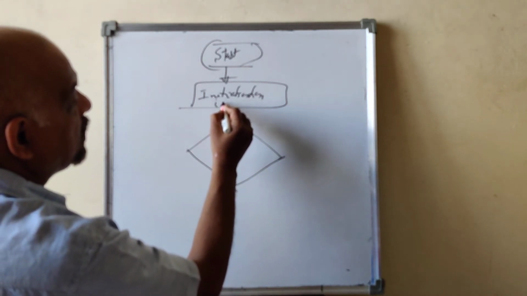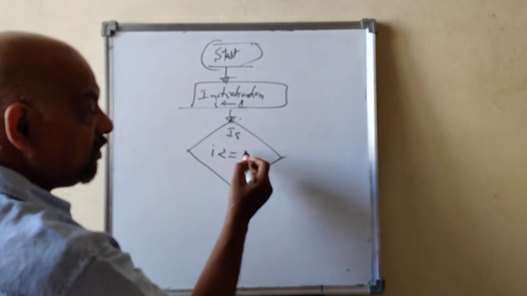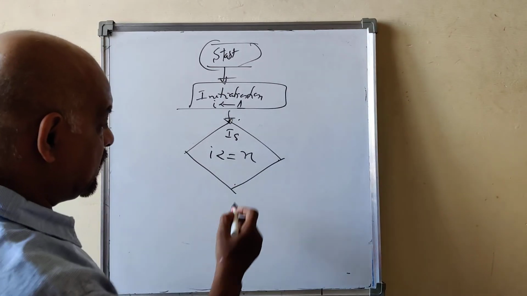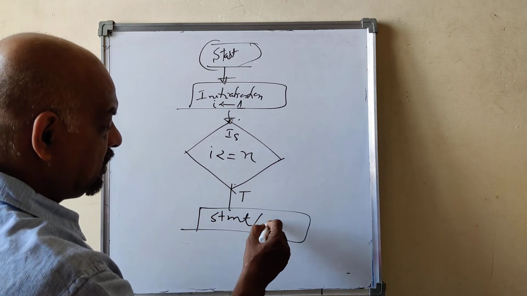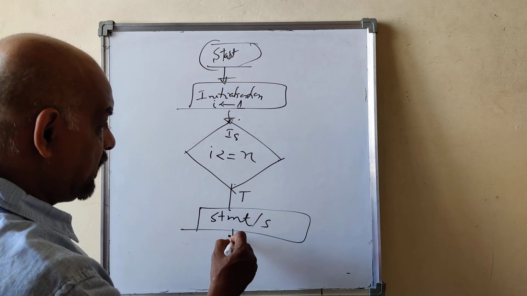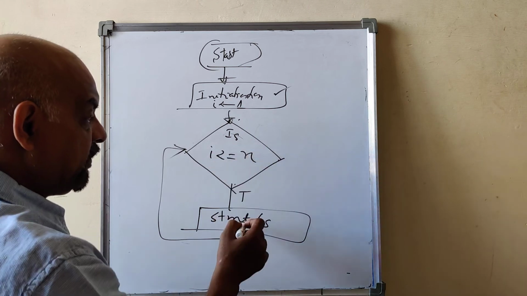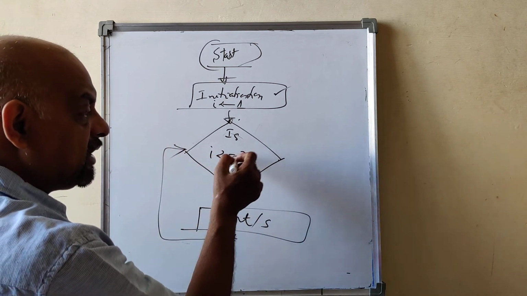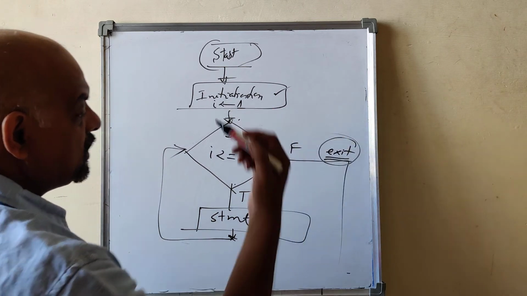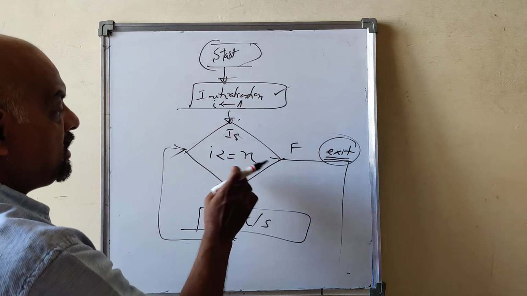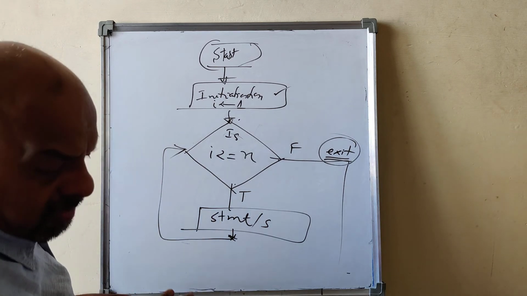For example, I is equal to 1. Is I less than or equal to the final value, whatever it is, n. It may be anything. If it is true, then you are going to execute the statement or statements. Okay. Then what happens? Again it checks the condition. Initialization is once, condition checked. If it is true, this loop body. Then automatically the condition is checked again. Once this condition is false, you exit the for loop. Okay. Because in a flowchart you have to show like this. So this is how for loop works.